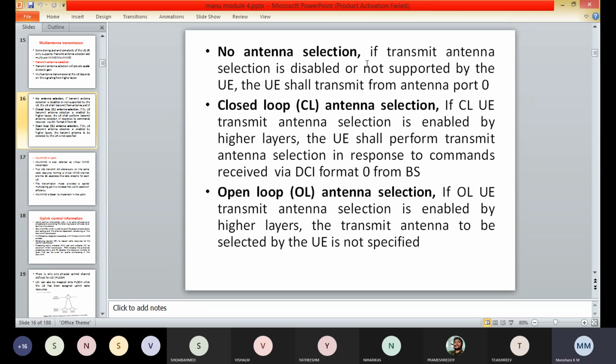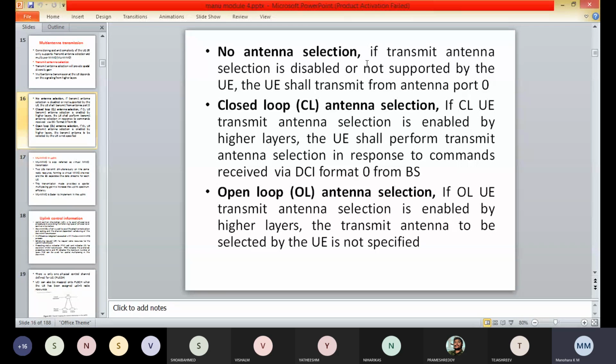So here in the OL, the user equipment can transmit from antenna port 0 for some time instance and then switch to antenna port 1 for the next time instance. During both of these time instances, the UE also monitors the HARQ, that is the ACK or NAK ratio.